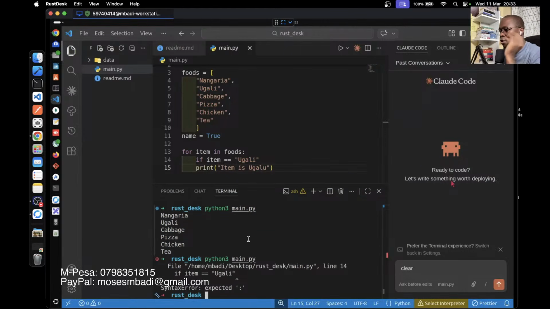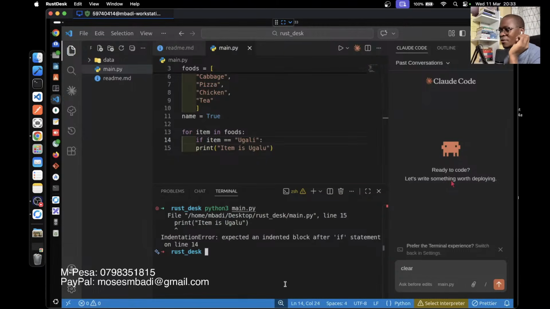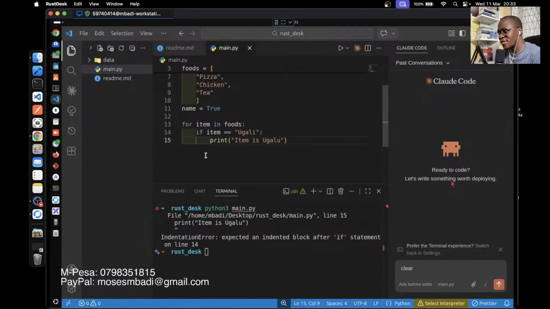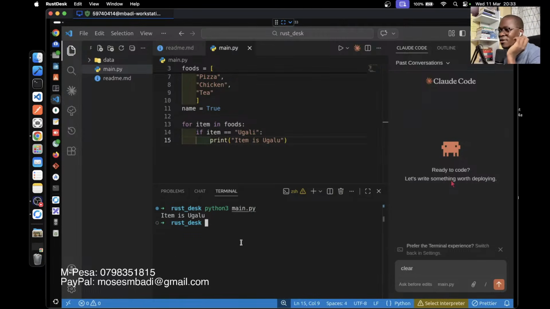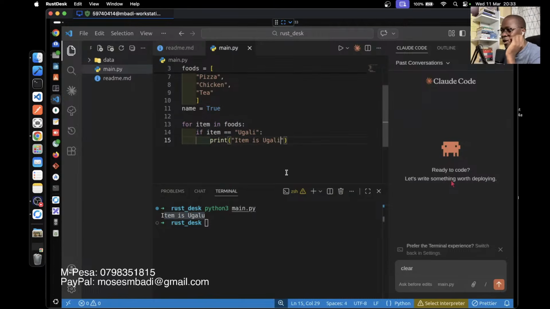Oh, an if statement is supposed to end with a colon. My goodness. Let's clear and run our code again. Okay, I'm supposed to indent this guy here. Let's indent that, clear again, and run our code. And then as you can see, item is ugali. It's supposed to be ugali.